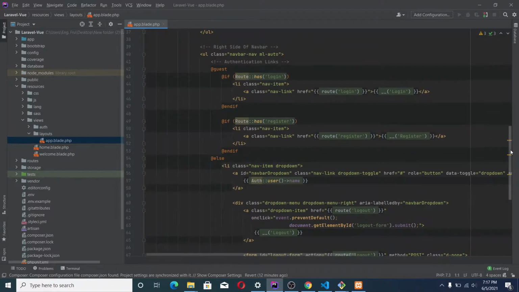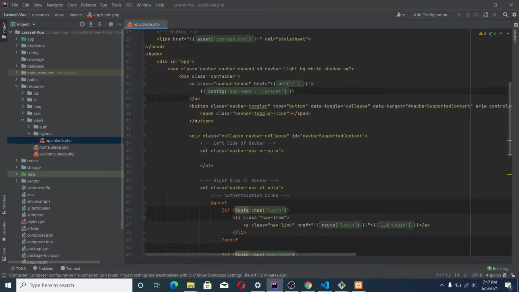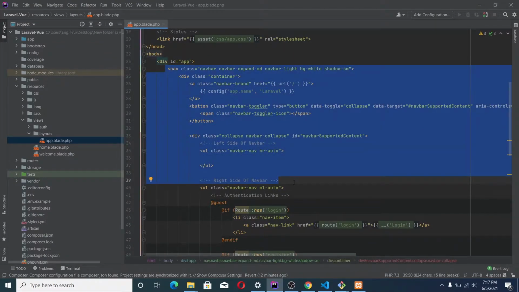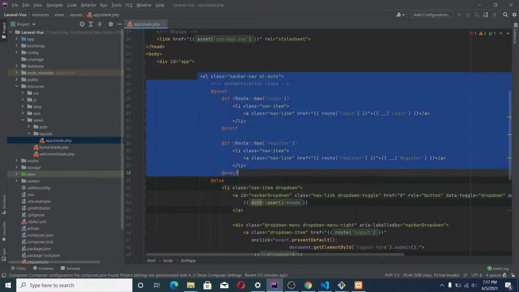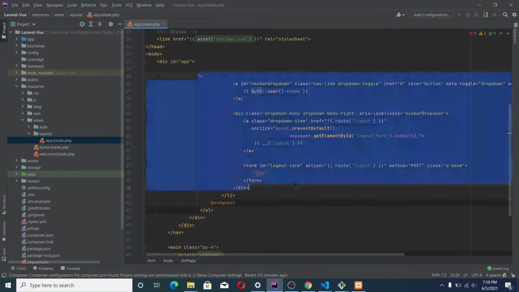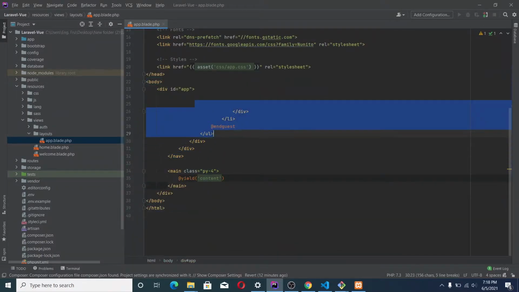So what we'll do here, I just want to get rid of all of this stuff provided to us by Laravel, so we can create our own new file.